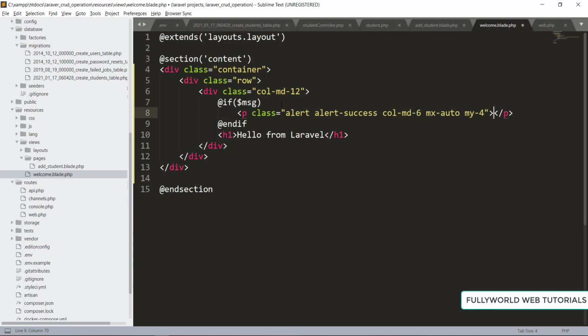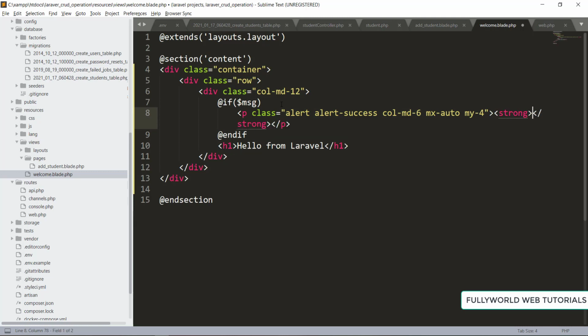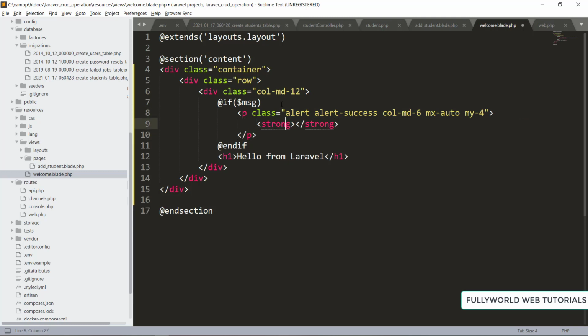Then in the strong tag, a strong tag is used for boldness, I'm going to use the interpolation operator, and here we are going to add our message. Now save it.